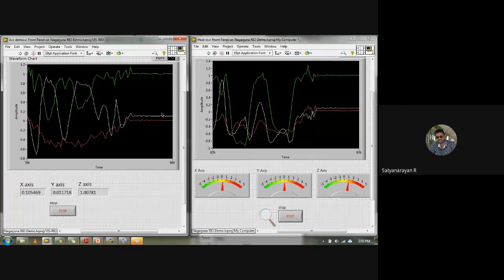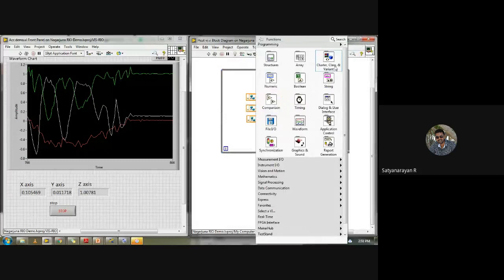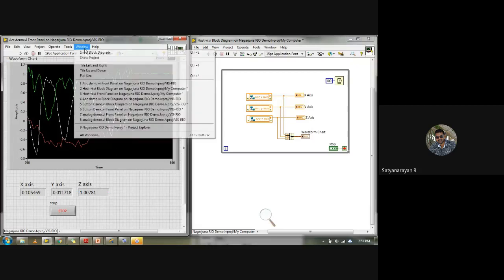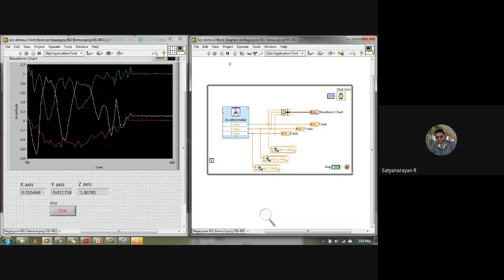Even if it is very necessary, we can go with host to RT, meaning sending information to the host, but I don't think it's very useful. Why? Because whatever function you can use in the host, under my computer, the same function will work here also under MyRio. The only miss is you cannot access the MyRio palette under my computer. That is the major issue.